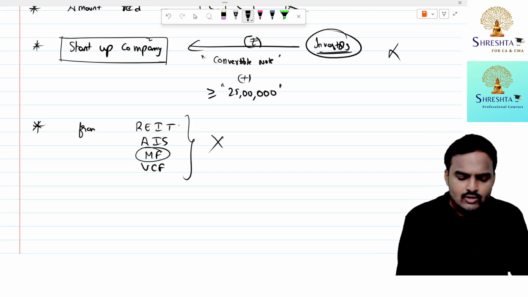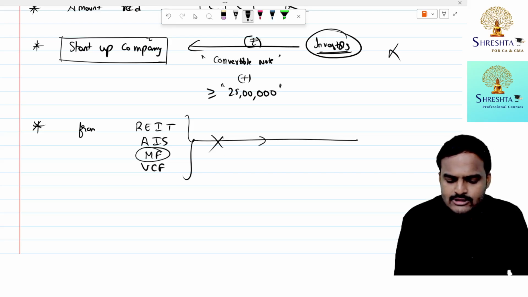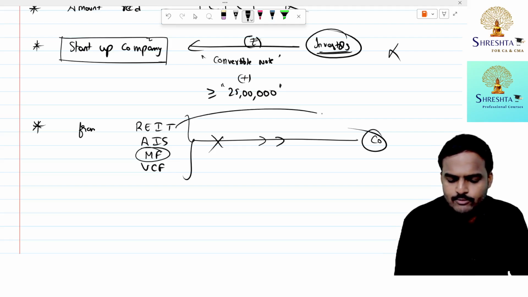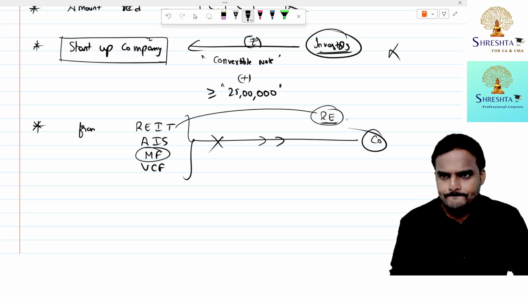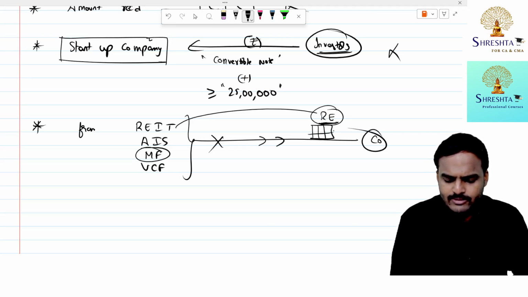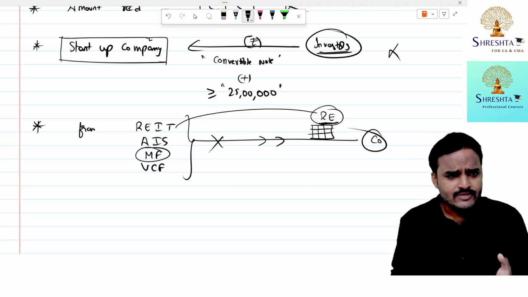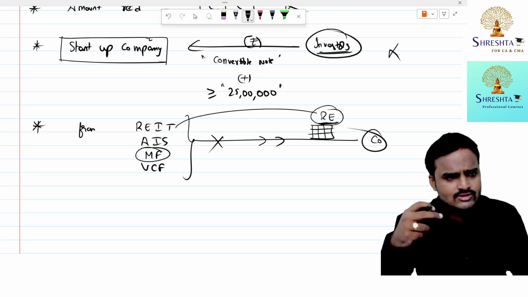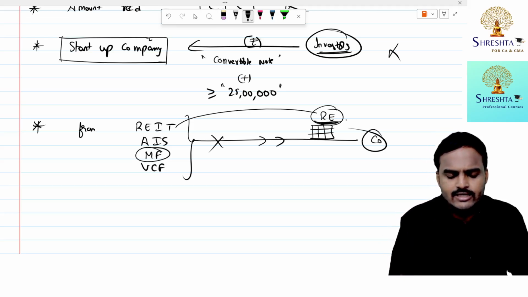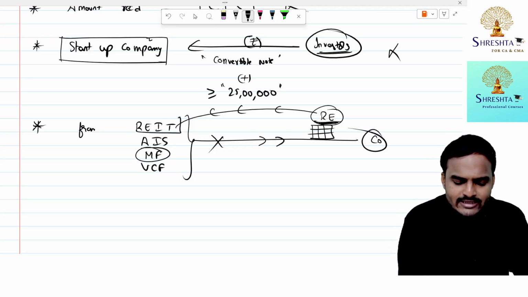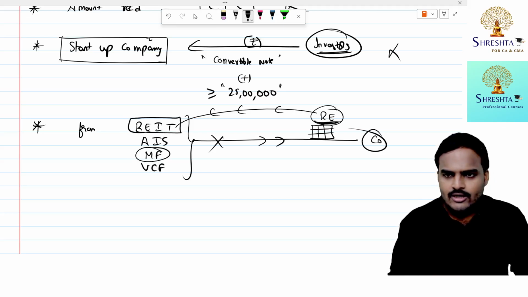Now the point is, these companies are depositing some amount with a company. A real estate investment trust will deposit in a company which is engaged in real estate projects. Once this real estate company receives the funds, they will construct apartments, residential villas or commercial complexes. Yes or no? So once construction is completed and sold, the real estate companies will get profits, and they will pay a certain portion of profits to the real estate investment trust. Are you getting my point?